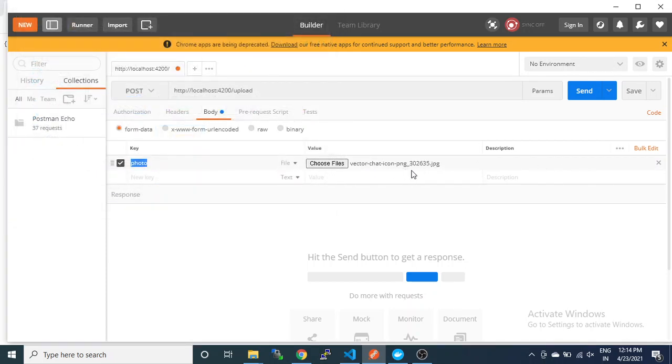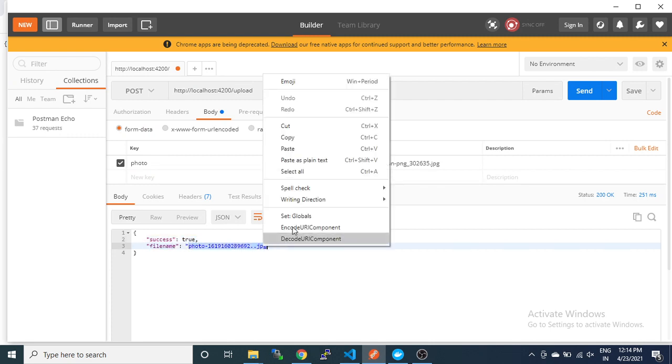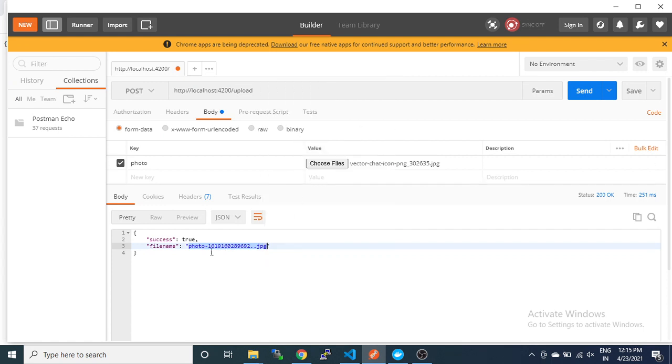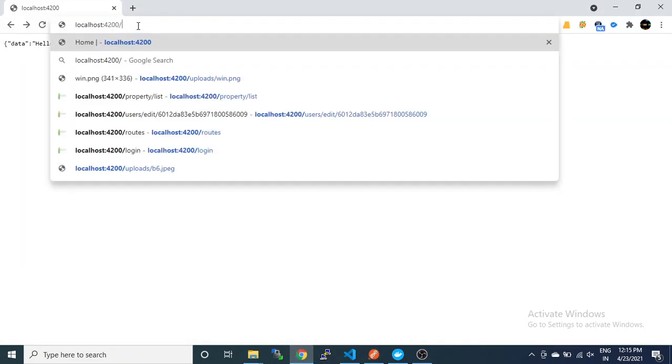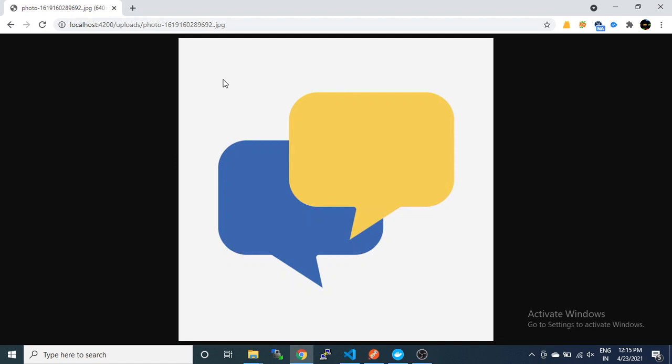The name will be changed at runtime. Okay, so the file is uploaded successfully with the new file name is photo, this one. So we are going to copy it, 16191.692 is the name, and go to browser and want to retrieve uploads and slash. So you can see the image is coming.